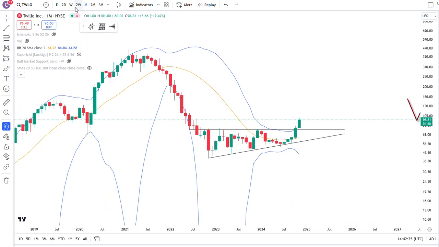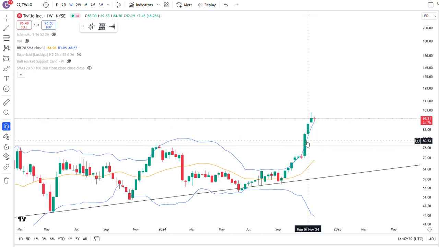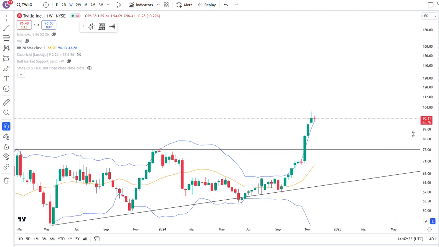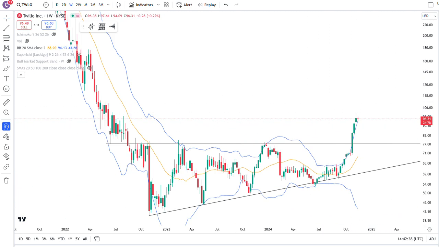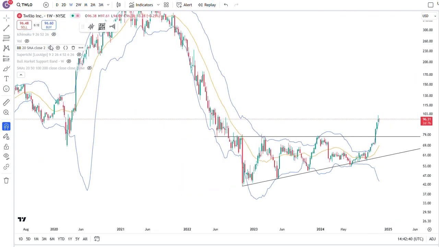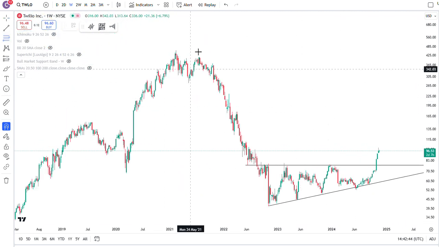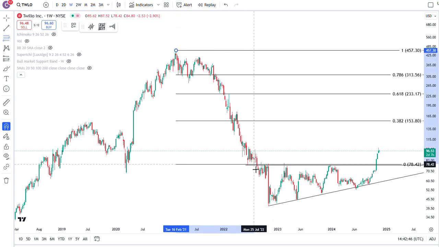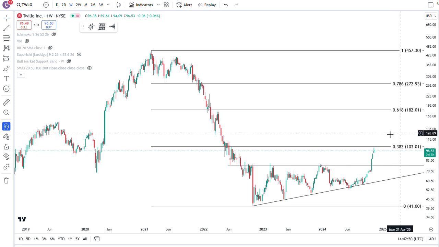Are we overextended? Heck yeah, we are. But can things stay overextended for a while? Yes, it can. On the weekly, it's so overextended that it had to spend a week touching the upper Bollinger Band, but it looks like it wants to go higher. Can things go sideways, even down a little bit before going up higher? It certainly can. There's no guarantee that it has to just keep going up on a straight line, but this is a very convincing breakout. Are we at any potentially pretty significant resistance level? Let's pull up here. Yes, we are. We're getting close to 0.382.